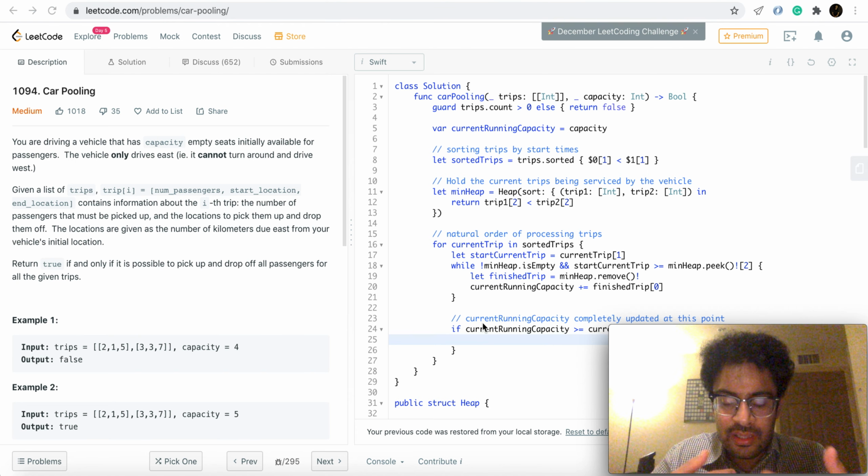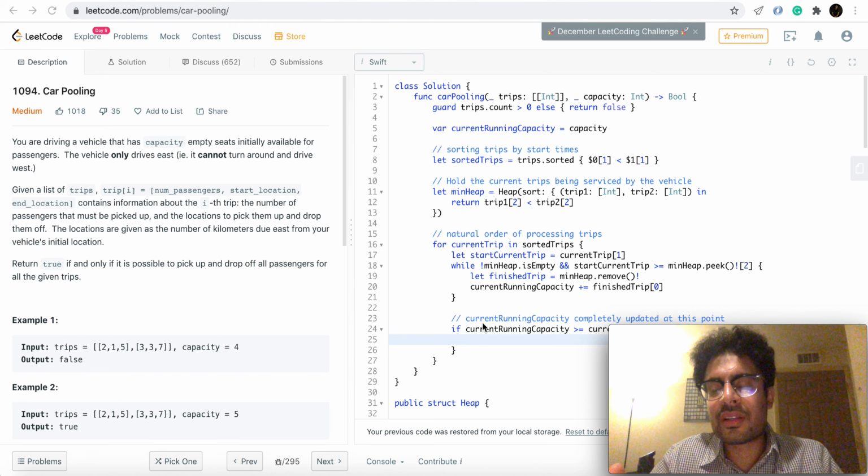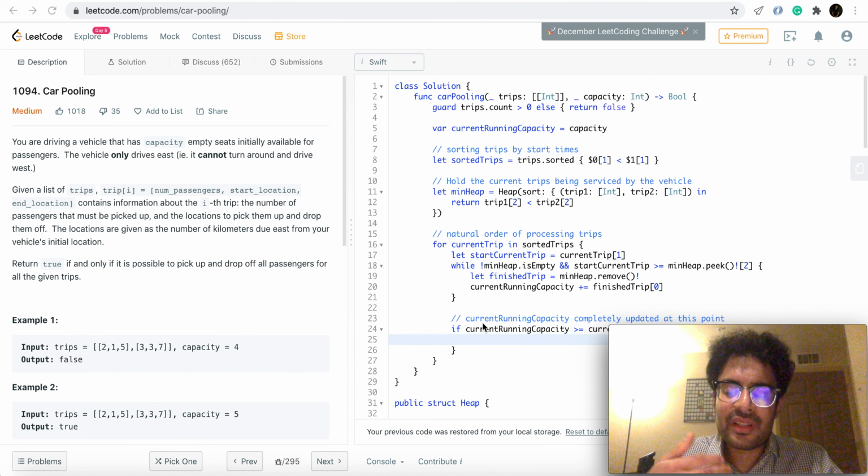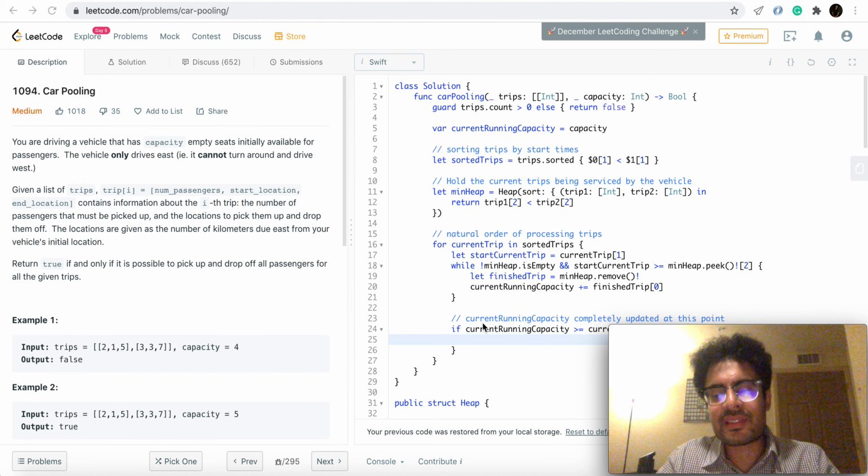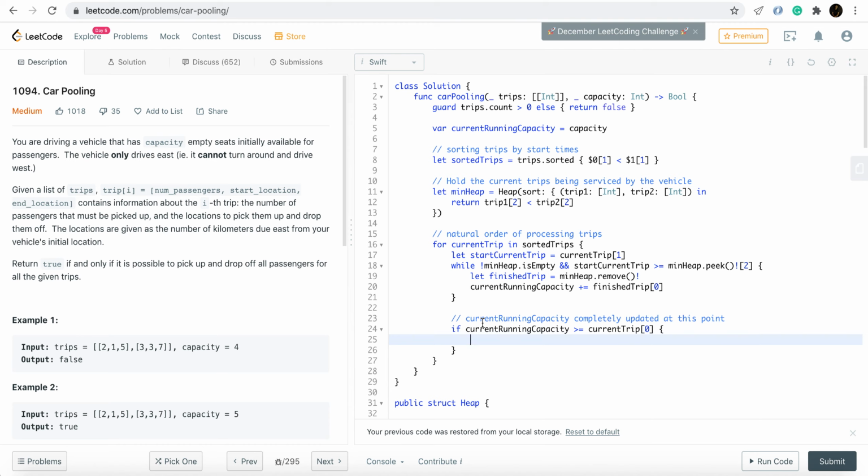Okay, we have to add the current trip, sorry, I have to add the current trip to the trips being currently serviced by the car. So for that I'll insert the current trip in the min heap, updating the context of the car, adding the current trip to the car.